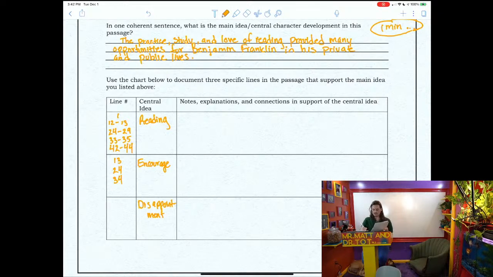Lines 47 through 50, he describes the arguments with a close friend that he got from reading, which inspired critical thinking and engagement that he remembers now and enjoys. And then finally, disappointment, the opposite of that. So on line 6, he is a little bit scornful of the rigidity of his family's religion